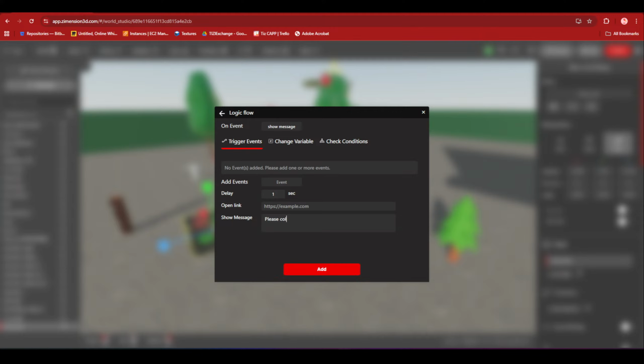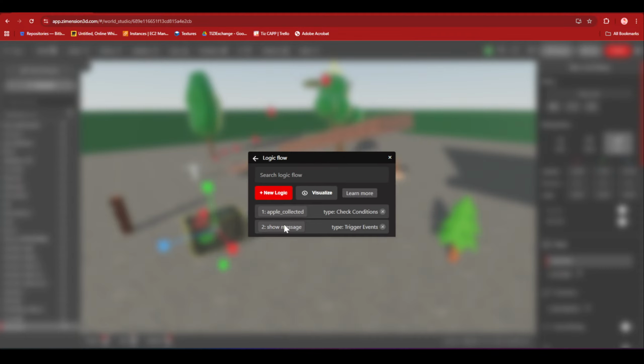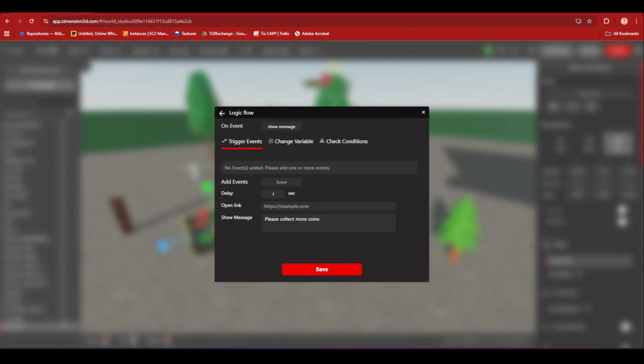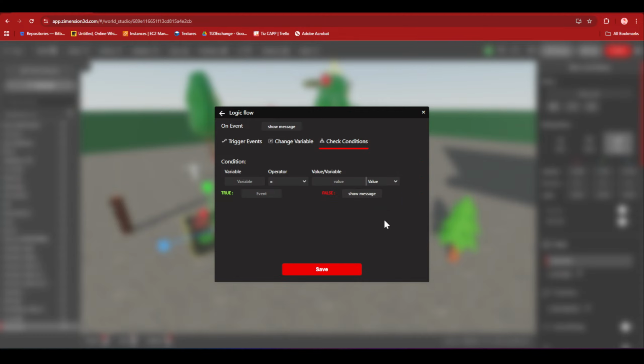Please collect more coins. Add. So show message will trigger this message only. Okay. And we will trigger show message on false of this event.